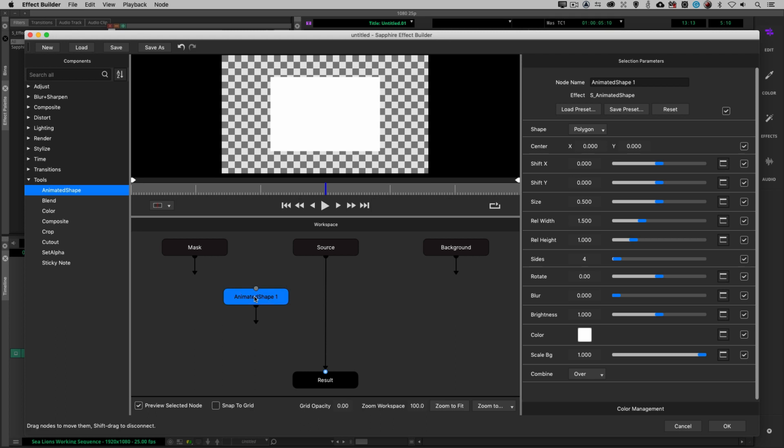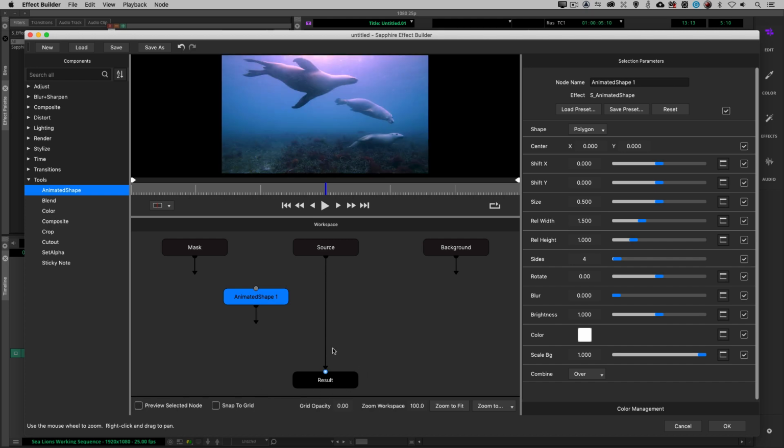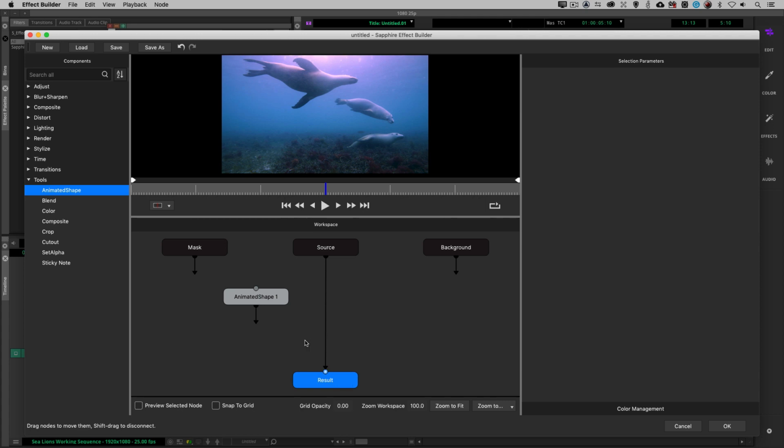Now, what's important to also keep in mind before I keep rolling through is that right now I have things set up to preview every node that I click on. You can actually see that right down here, sort of towards the bottom of the builder tool itself, preview selected node. So keep that in mind. You can toggle that on or off. If it's off, you will be seeing the output of the result node. All right. So for the purposes of us rolling here, I'm going to turn on preview selected node,